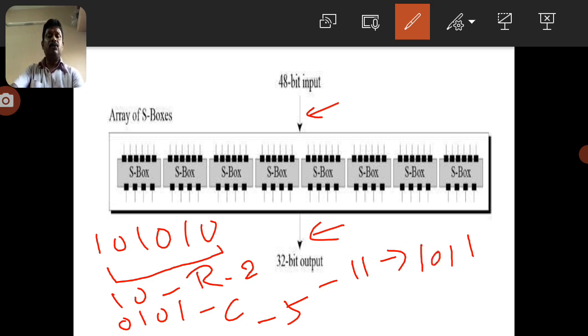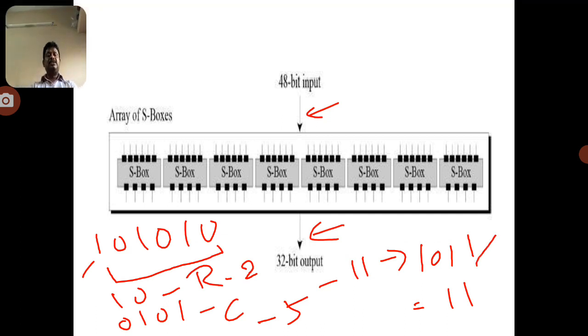1, 2, 4, 8. 8 plus 2 plus 1 becomes 11. So the 6 bits are taken here and the 4 bits are derived here. This is the way of converting this 48 bits into 32 bits with the help of this particular